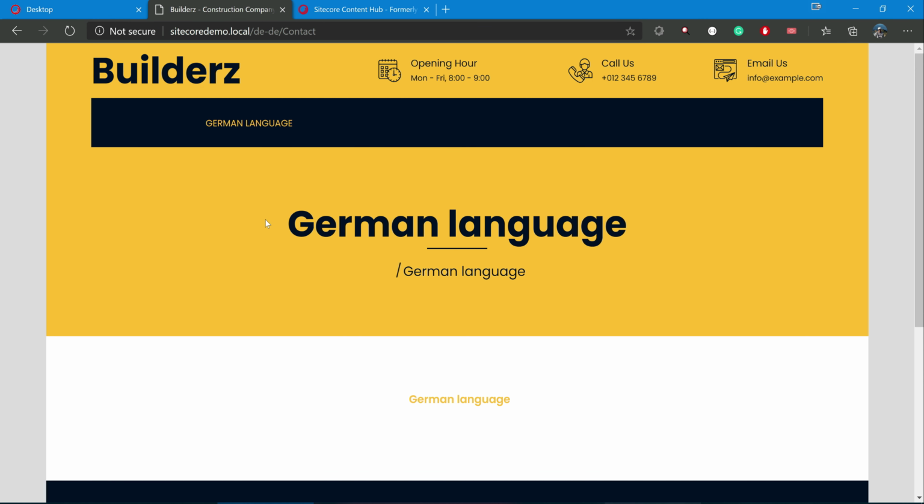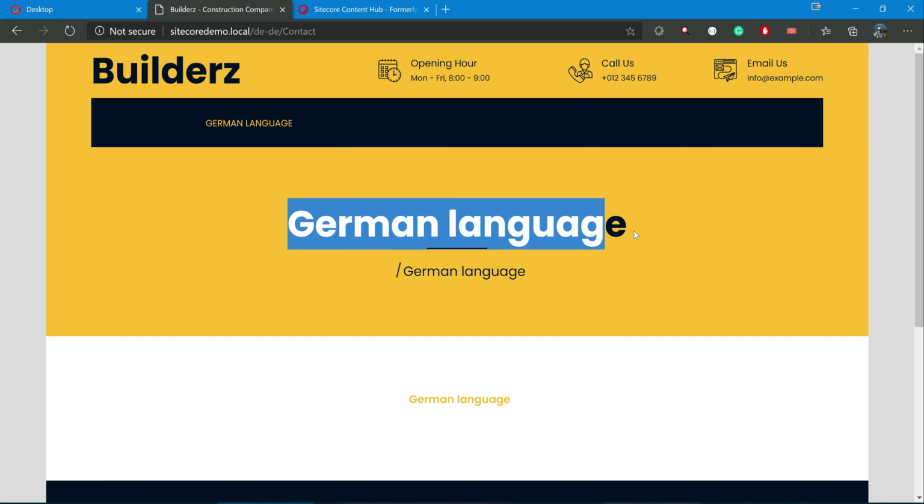Notice that we selected DE and it is showing German language. The reason being, in the previous ones we don't have anything in the German language. In that context we use a language fallback.